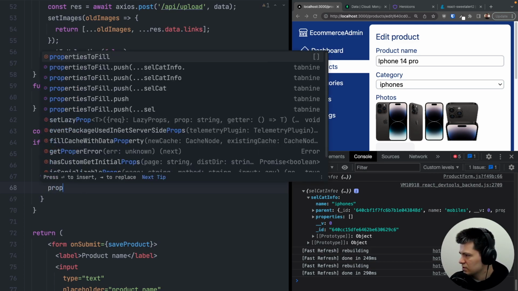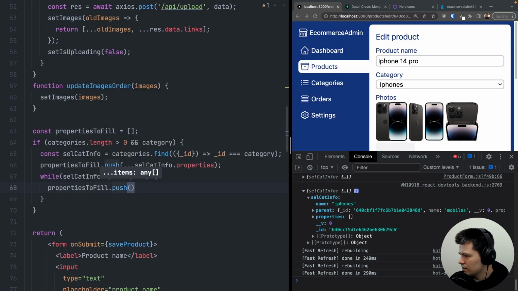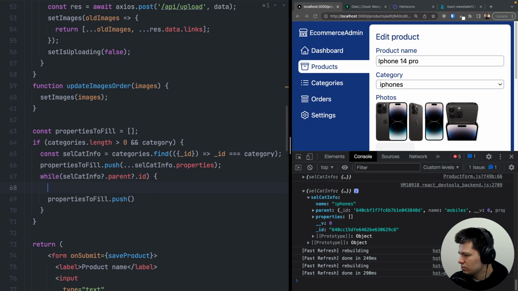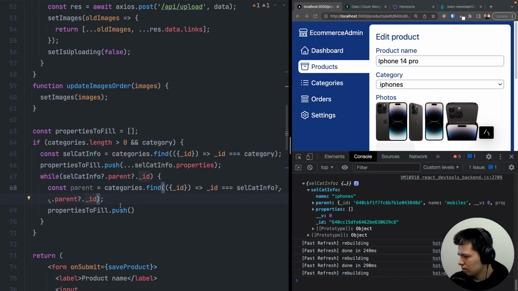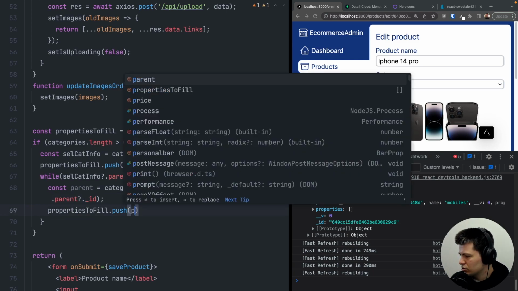Let's do properties to fill push, and we should grab the properties from the parent. So let's do const parent, and we can find it by looping through the categories like this, and we can just check that the ID is the same as parent _id. So let's put it here,